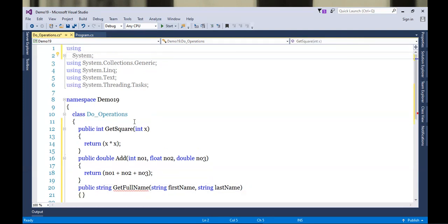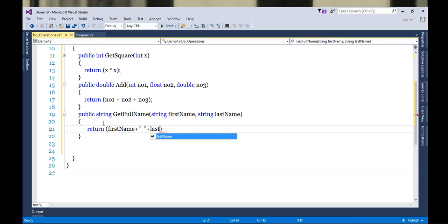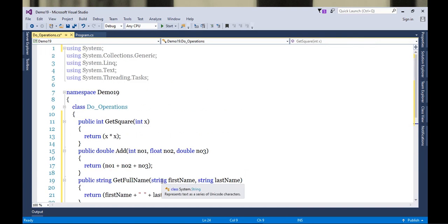This method is also to return some value, like string in this case. So return first name, give some space, and then we'll give last name. That's it. This is how string will be returned.